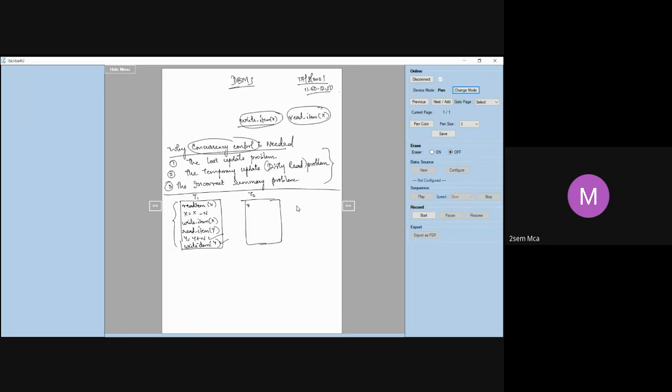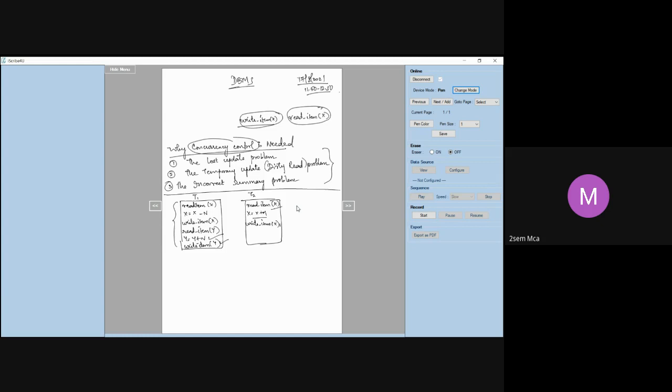Right. Now, let us take an example of another transaction. So read item of X, then I will say X is equal to X plus M. And then I will say write item of X. So this is again another set of operations that we are going to perform. I am reading some value of X, trying to update it with some value of M, some value I'm adding to that, and then I'm trying to write that value. So these are some examples of transactions that I'm showing you.